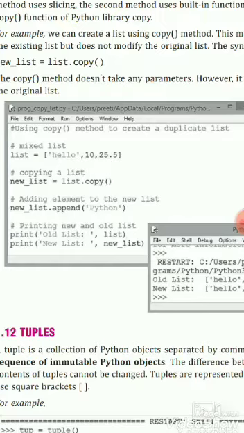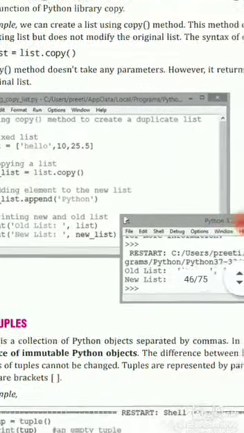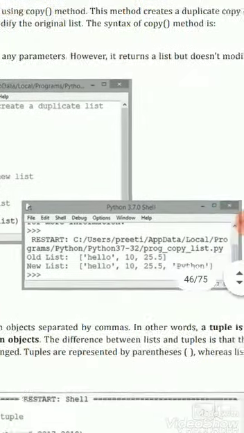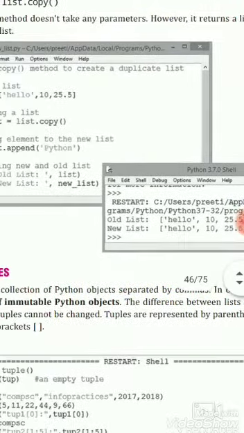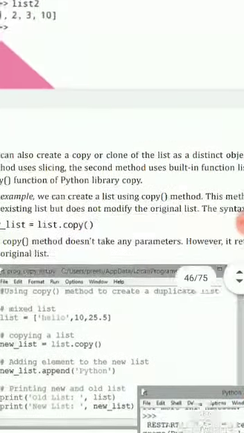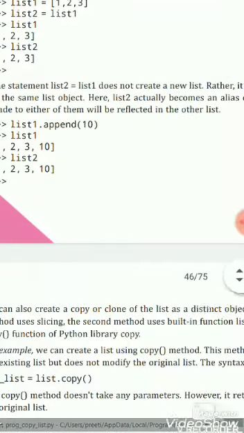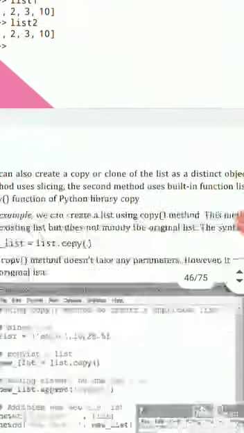After using the copy function, we create a new list equal to list.copy(), then new_list.append("Python"). When we print old list and new list, we can see there is no change in the old list and the new list is separate from the old list. But here both values will be the same.